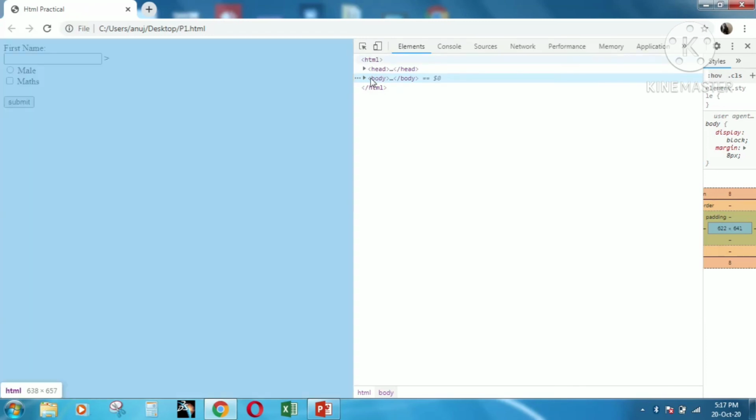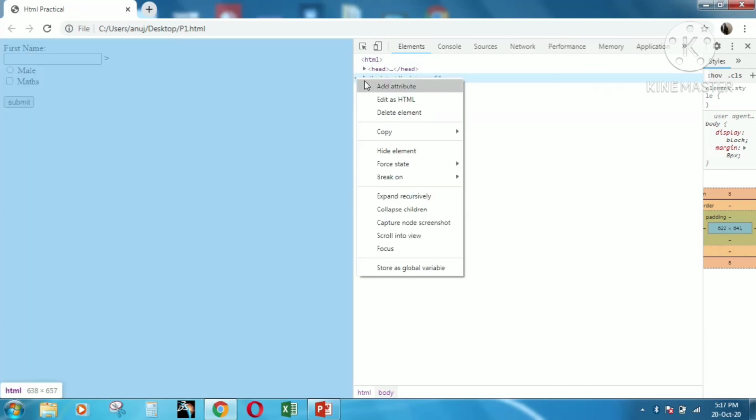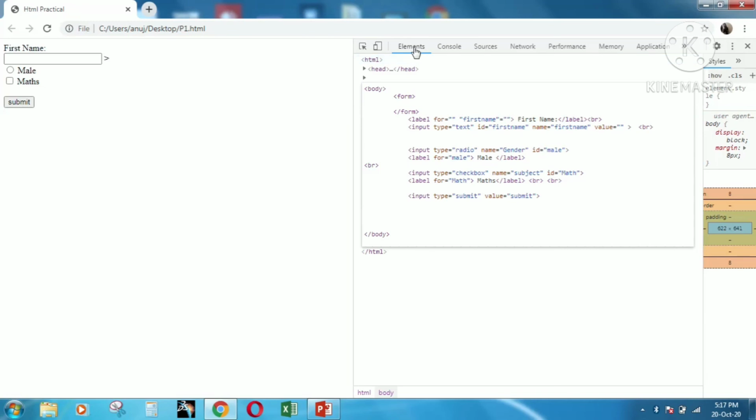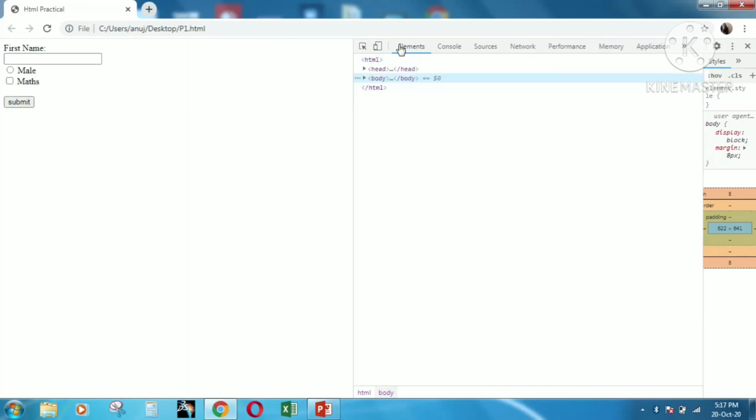So it's done, but here is also an extra angle bracket, remove the angle bracket. So it's done. It's our final output.